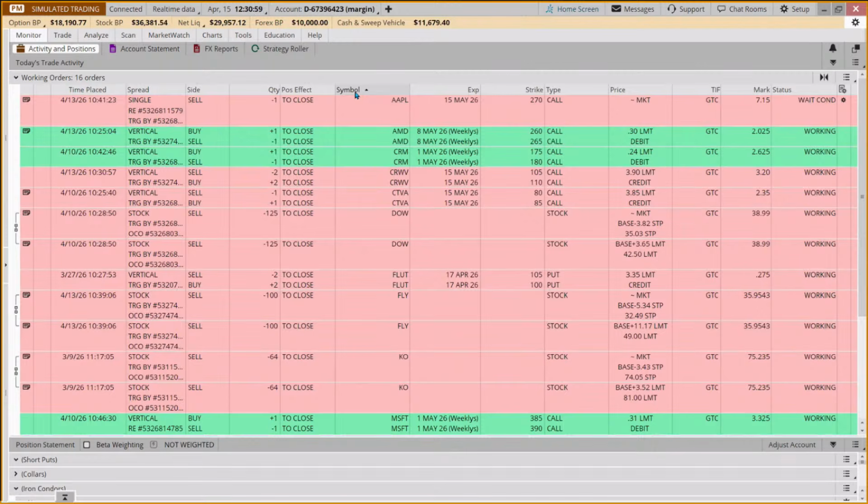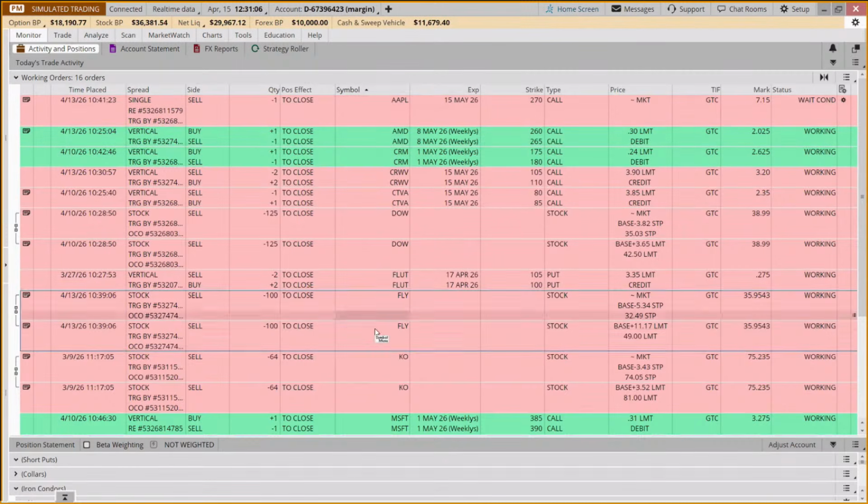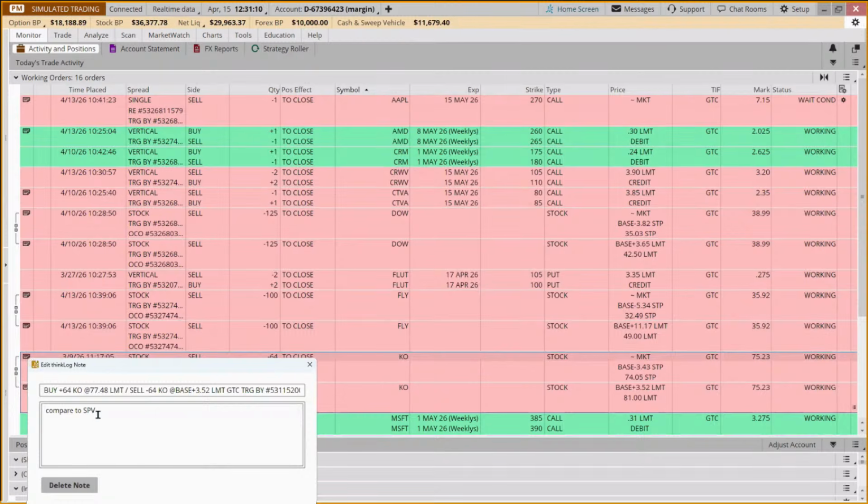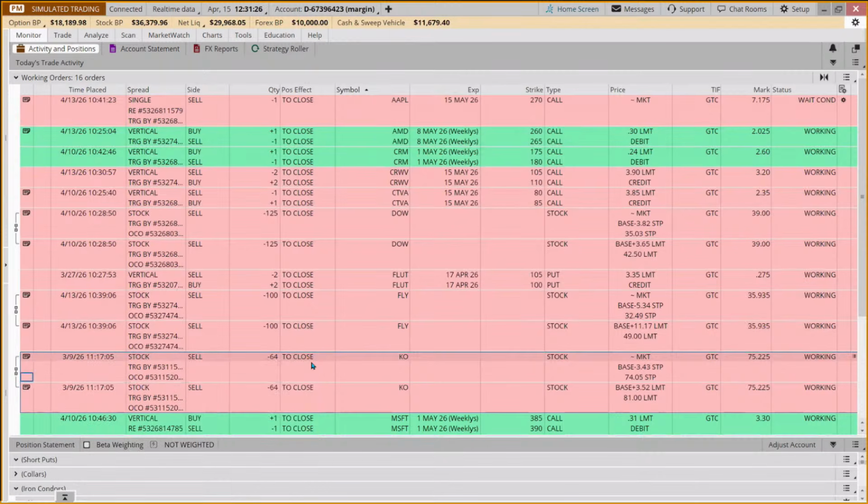Well, guys, that is what I had to share with you today. On notes, another place to access current notes would be in your working orders if you don't want to have it on your charts. So in our trading a smaller account, we often will place both a stock trade and an option trade to be able to compare them. And I'll put that in the notes to remember to compare them when we exit a position.